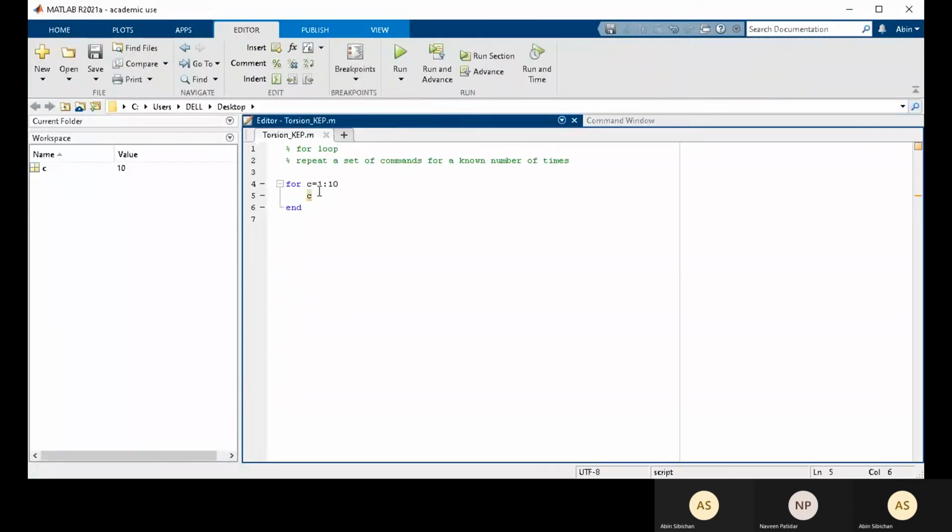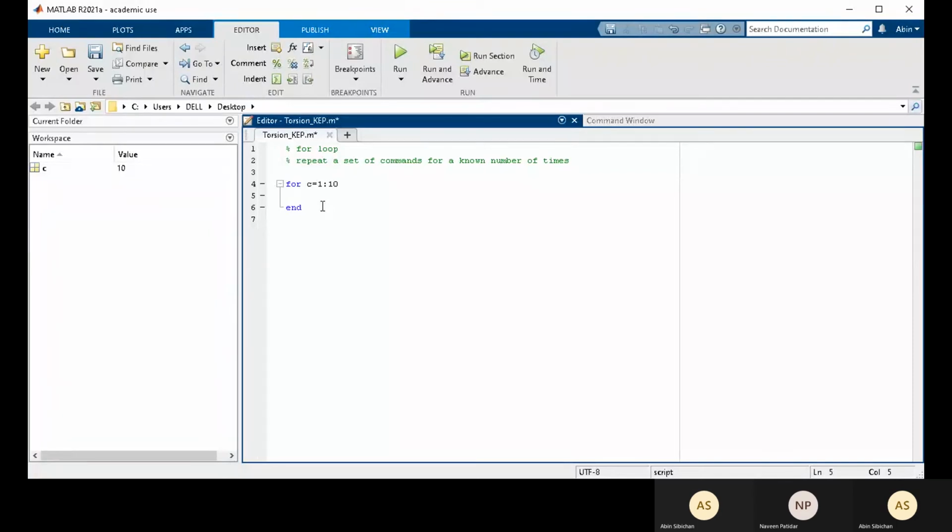See, we have C each time, and we do not have to add any incrementation command, that is I equal to I plus 1, nothing like that. MATLAB will work on its own. First it will work for C equal to 1, then it will go for C equal to 2 and so on.